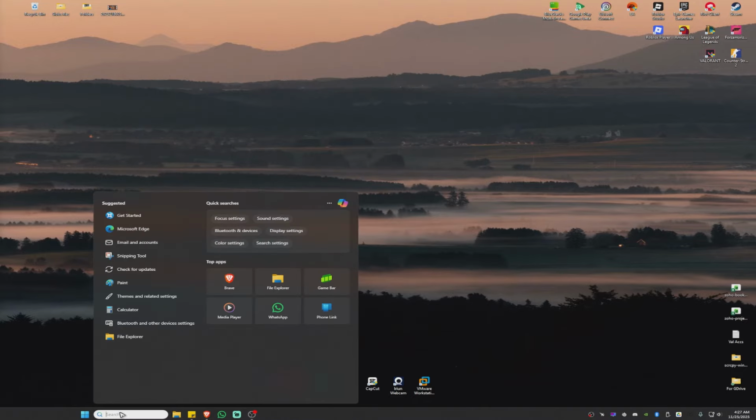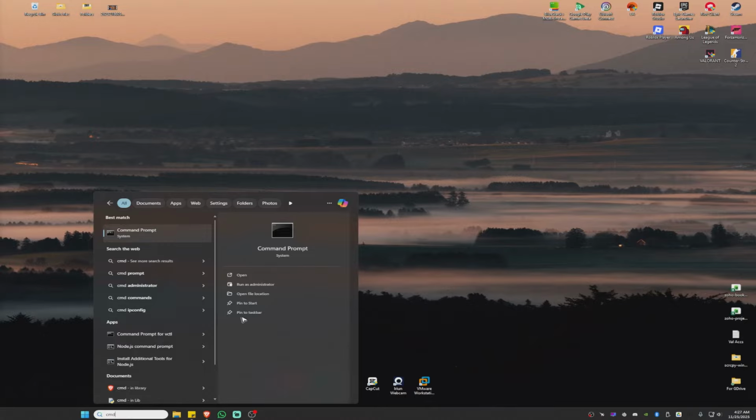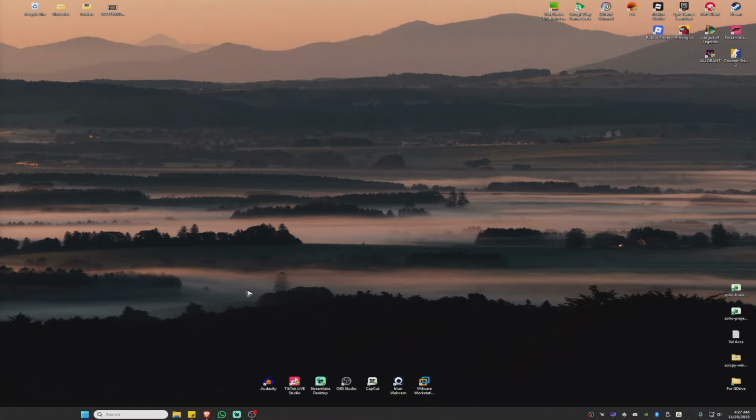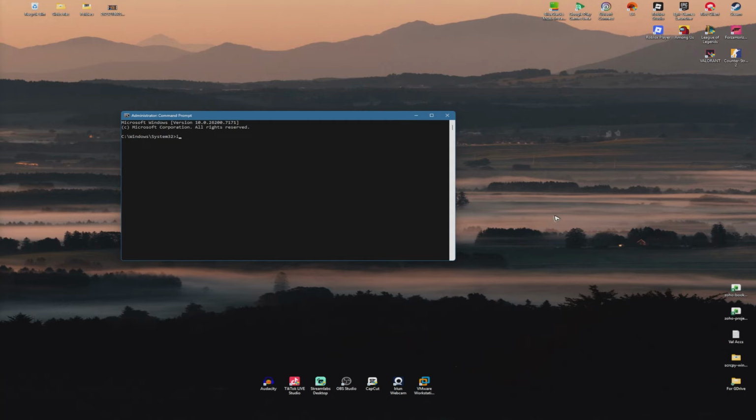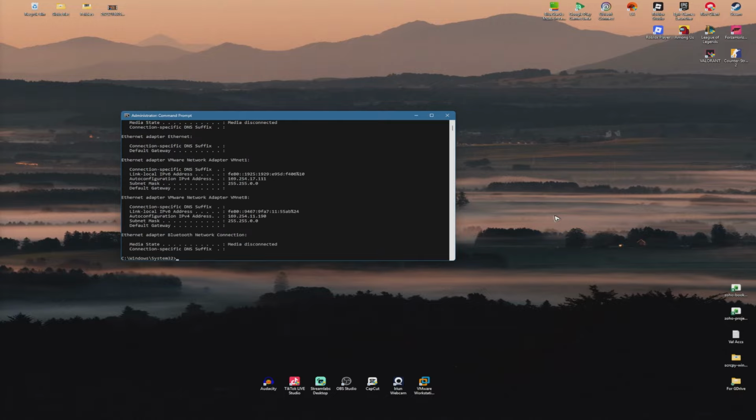Now go ahead and go to your search bar, type down CMD, go to run as administrator. Now just go ahead and type down ipconfig /flushdns, hit enter, ipconfig /release, hit enter, ipconfig